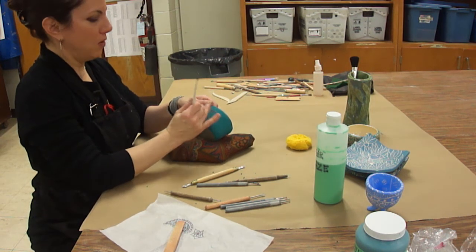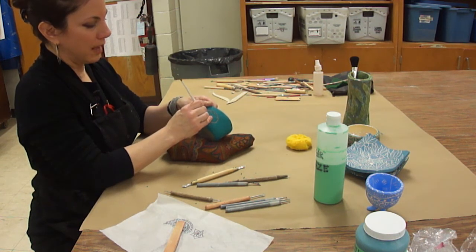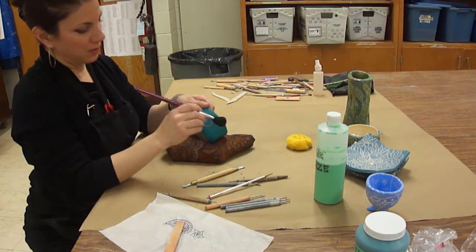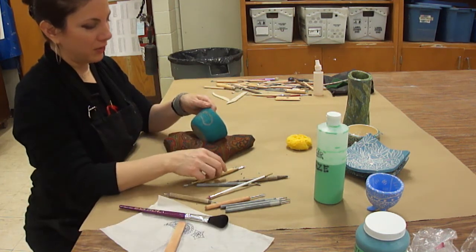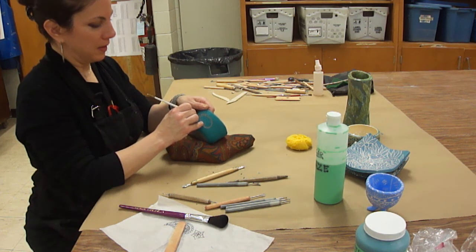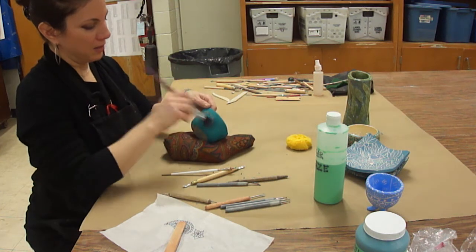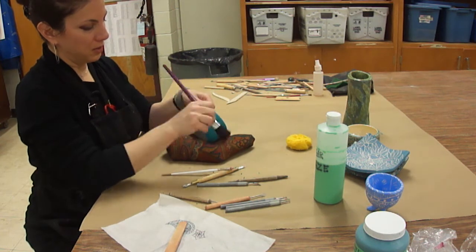And also, if those little clay pieces get stuck, you never want to blow. You always want to use a soft brush to get them out. Blowing will just blow all of the residue off your table onto somebody else, which is not very nice. And it just blows the mess around. And you also might inhale it, so you don't want to do that. So you want to just take a very soft brush